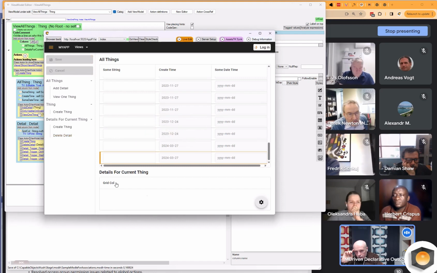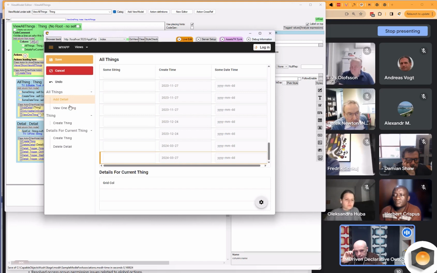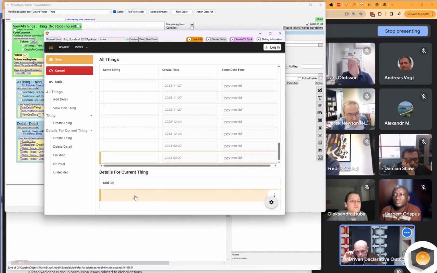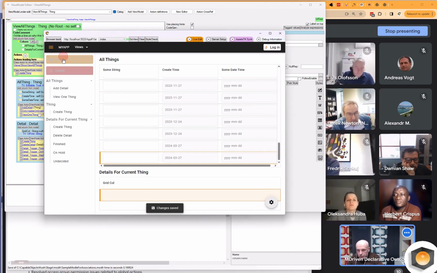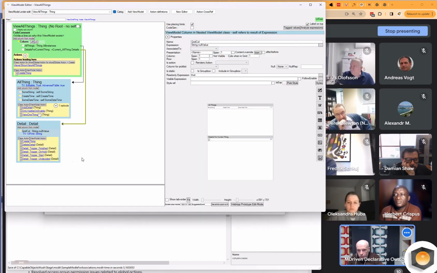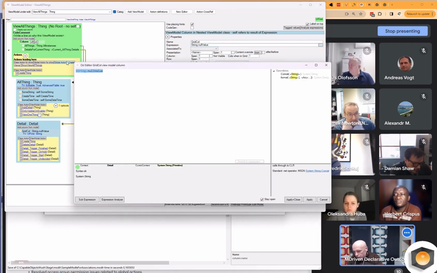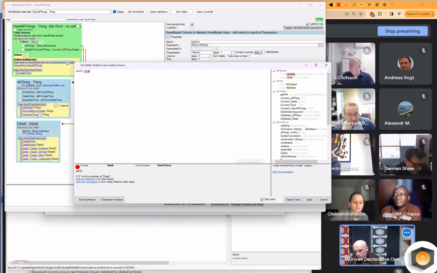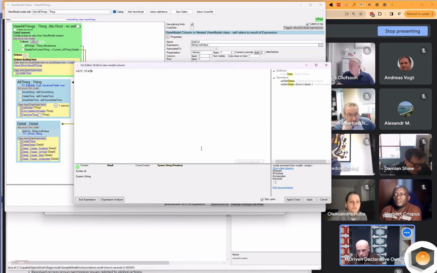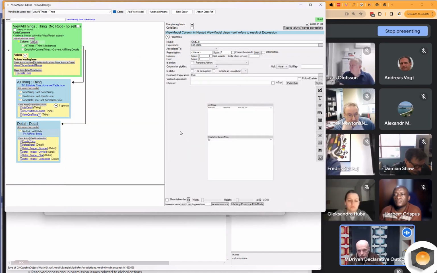Okay, stand on the last one and add a detail, and that detail then should show the state. Okay, I didn't apply this self state, apply and close.